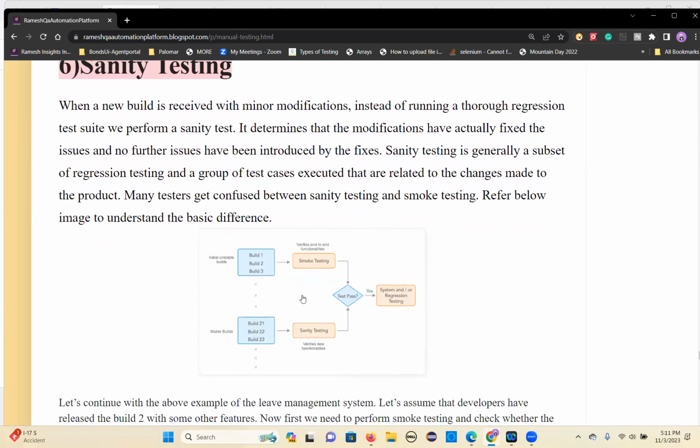And sanity testing. Sanity testing is basically a subset of regression testing. Basically, what happens is, before release, you can do a quick